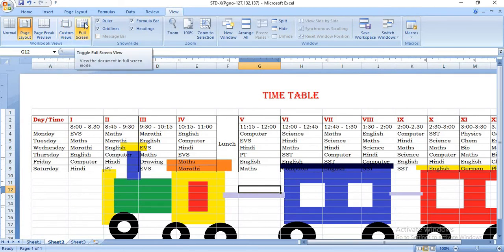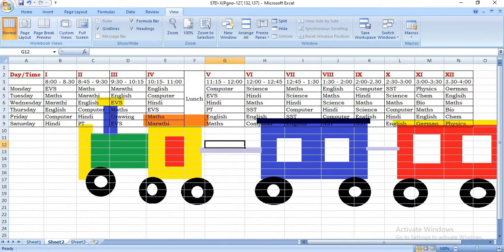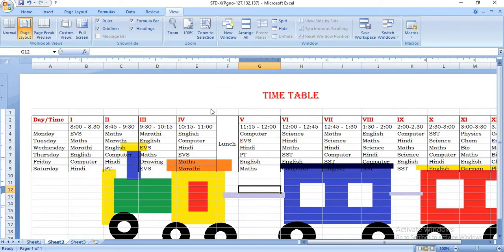So what is meant by normal? Normal view is the default view in Excel, and this view is generally used to build a spreadsheet. When you click on normal view, it looks normal. Next is page layout view. In this page layout view, you will see the header and footer section.